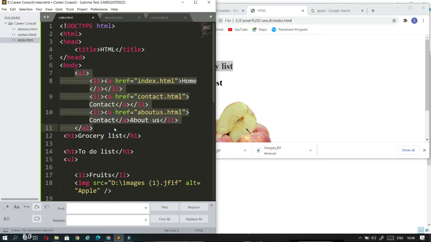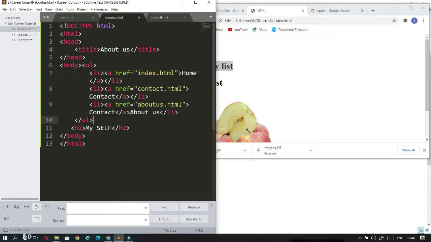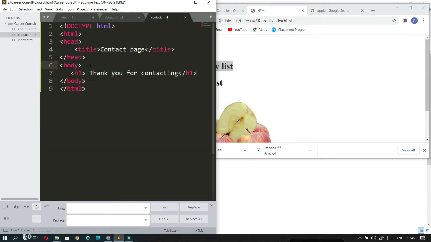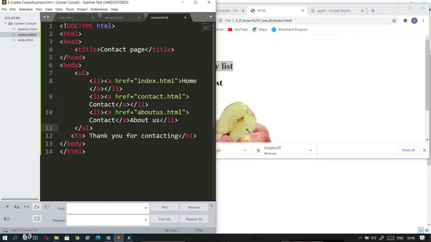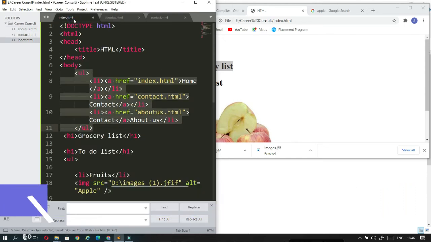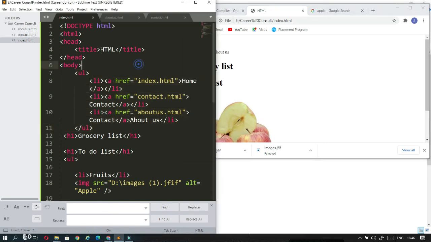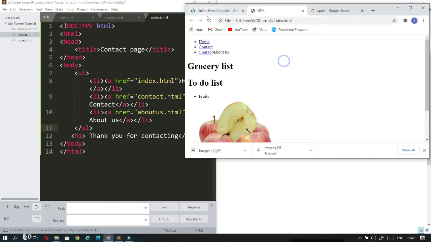I will just copy this at first and paste it in each and every page of the website, because in each and every web page of the website there is a necessity for having the navigation bar. So I'm just saving each and every page and I'm going to refresh it. So you can see here, I have also copied this, so I'm just removing this, and about us. So now it's ready and I need to recopy this. So now I'm just going to refresh.